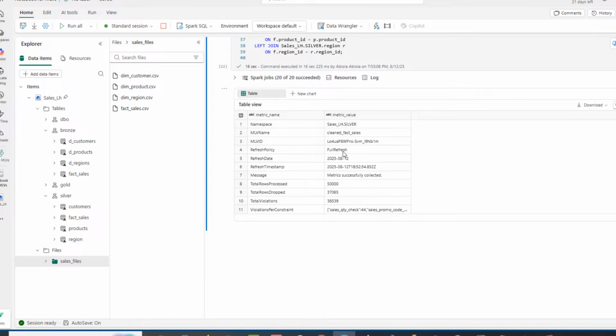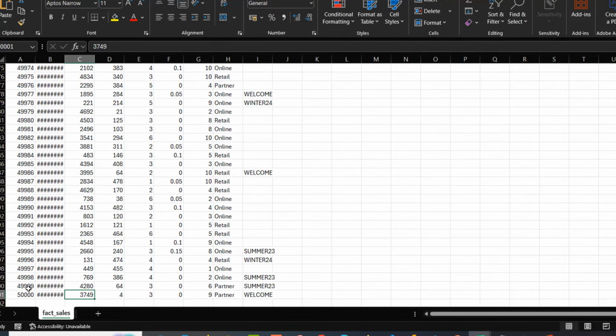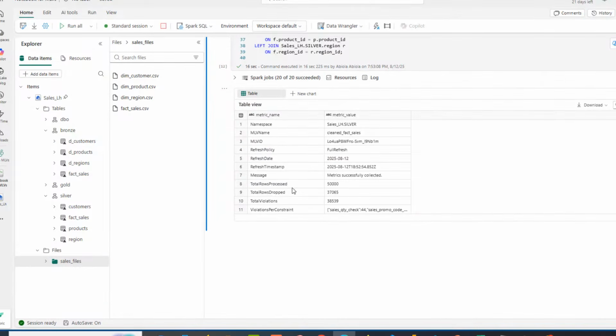And then we can see the refresh policy as full refresh. We have the refresh date and the refresh timestamp, and the message. Now, the message is actually really important. We have the metrics successfully collected, and then the total rows processed, which is 50,000 rows. When I come to the fact table, you can see that I've got 50,000 records. And when I come back here, I can see the total rows dropped based on the four constraints we included, and this is 37,065, and the total violation is